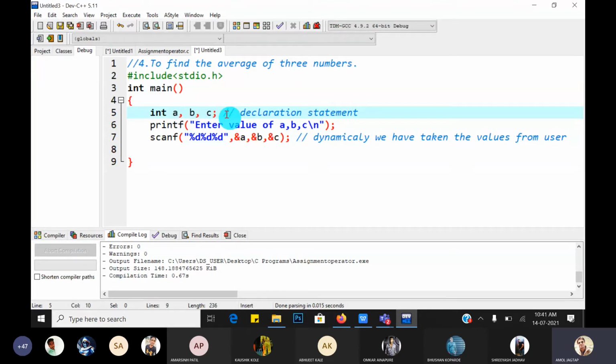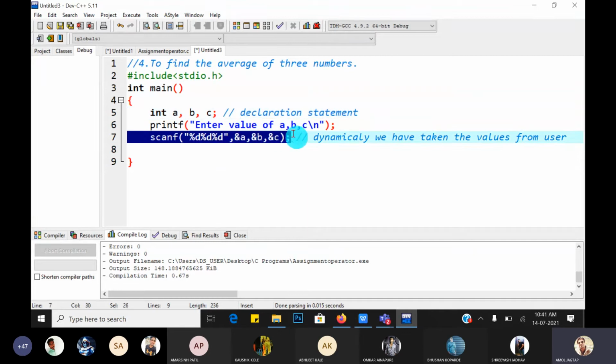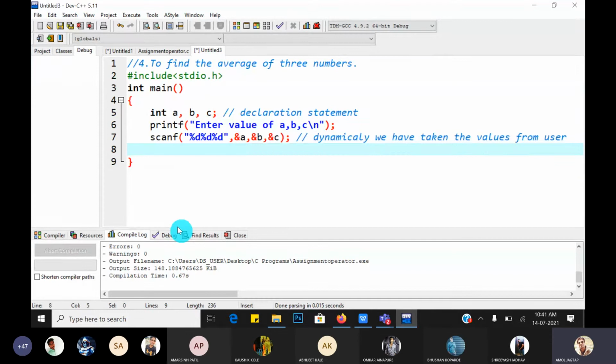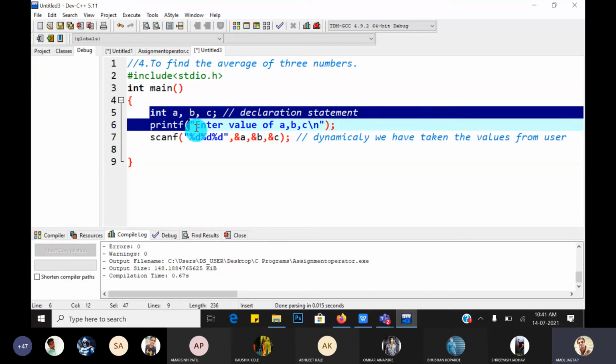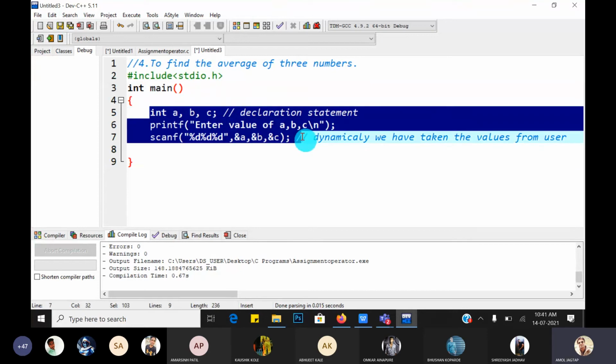This is called static initialization. But now we will take the values of a, b, c from the user at runtime. So it is called dynamic initialization of the variables. Next, this is called the input process. We have taken the input from the user.